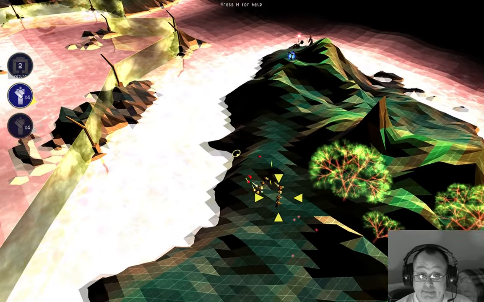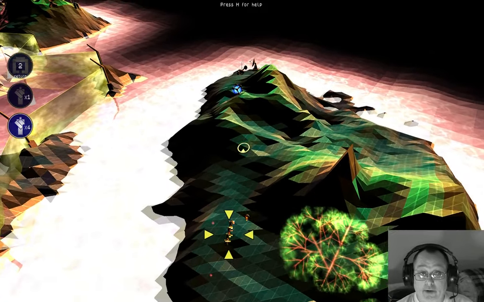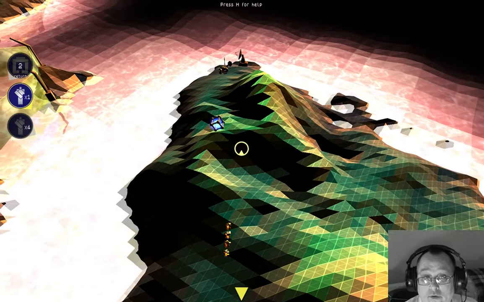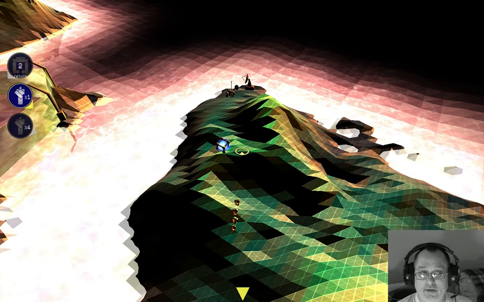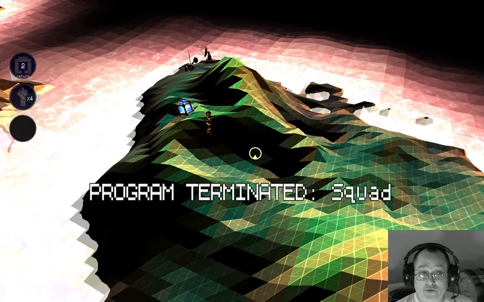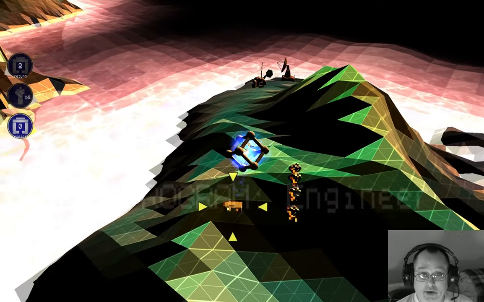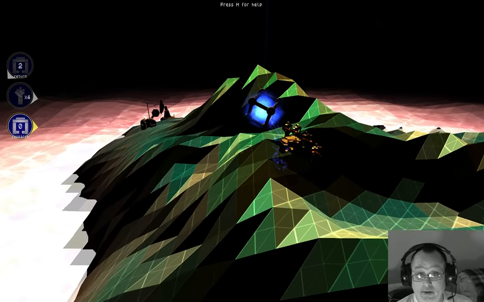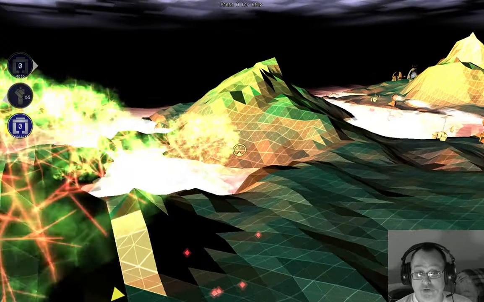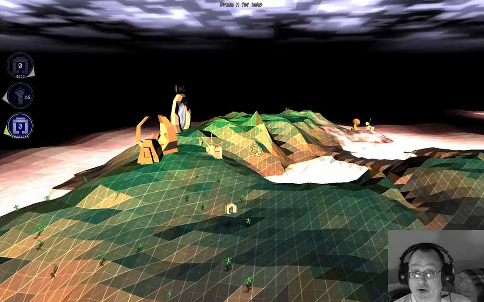I guess it is better to just use your hand weapon than hand grenades. We got 2 in 1. 4 in 1, excuse me. So we're going to go ahead and terminate our single squad. It's really too weak to be any help. Produce an engineer over here. This engineer is going to be opening up the data, and that is going to allow us to start promoting